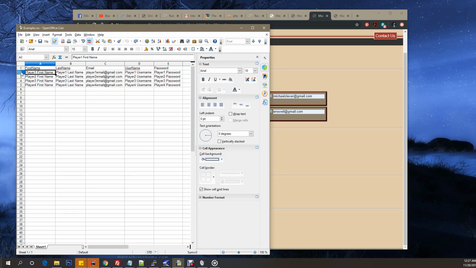filled out. It is important to remember that row 1 of your template should not be altered in any way. The first row will need to read first name, last name, email, username, and password. This row should not be changed at all. You will only need to alter rows 2 to 5 or 2 to however many students you have, changing columns A, B, C, D, and E, from player 1 first name to your student's first name, from player 1 last name to your student's last name, and so forth with your student's email address, username on our site, and their